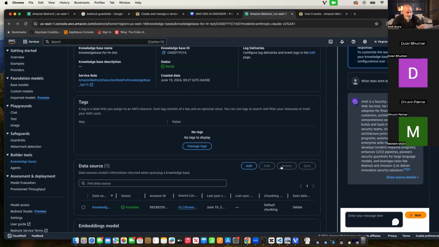To have a full-fledged bot, you need to create agents. Imagine, this bot needs to talk to some APIs to get more information. Like if I ask, tell me what kind of jobs are available for Amit. So to do that, it can call some API,